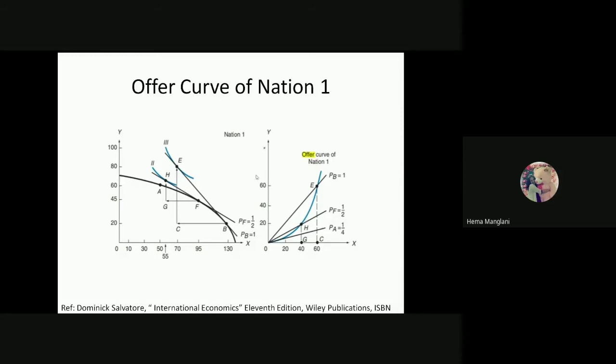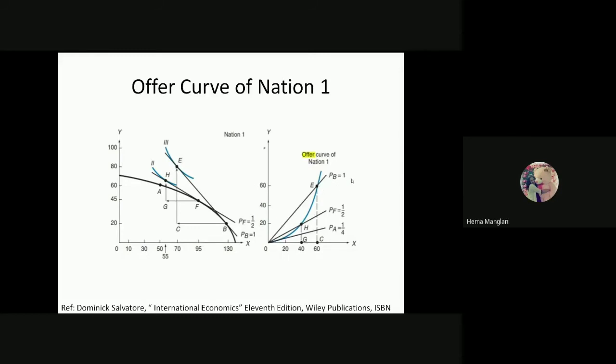So we have here the point H, which we got through this exchange. So this we will plot here. This is a terms of trade line, the same line, PF equals half. We assume that earlier it was P equals 1/4, so that is why there is this particular line, which is not shown in this diagram. Further, we jump down to PB equals 1. So we have here the shift from H to point E because our consumption would rise. So we reach point E.